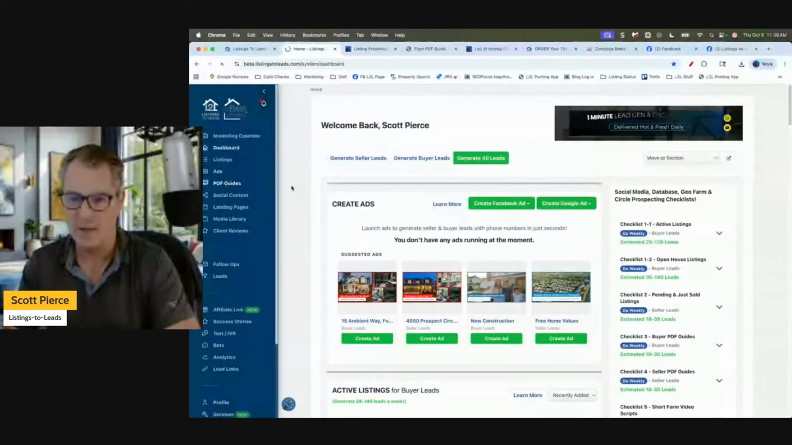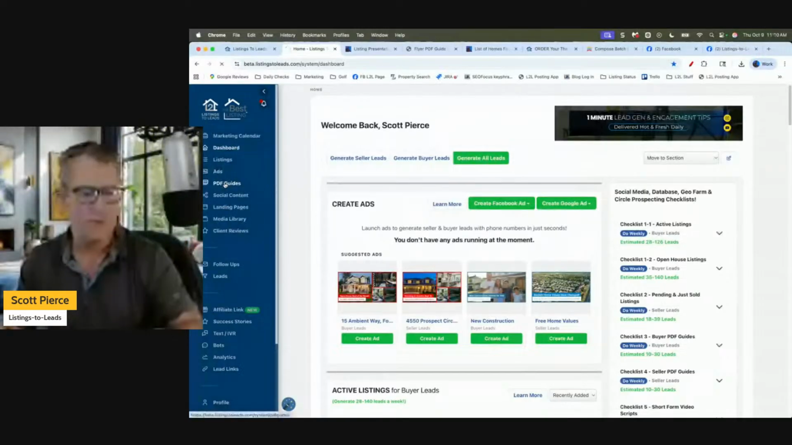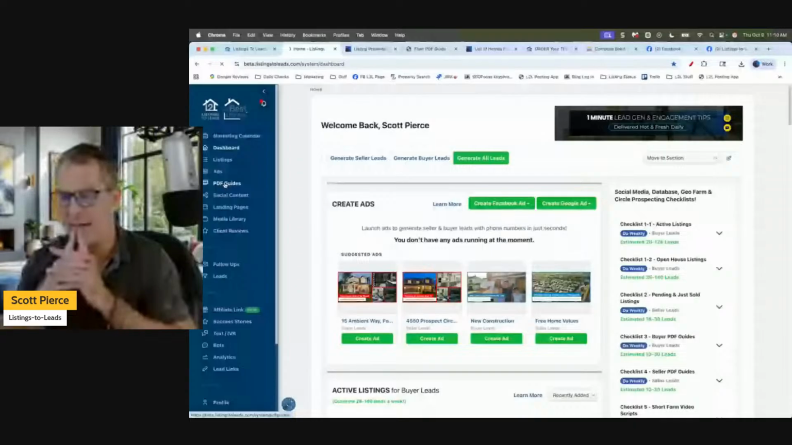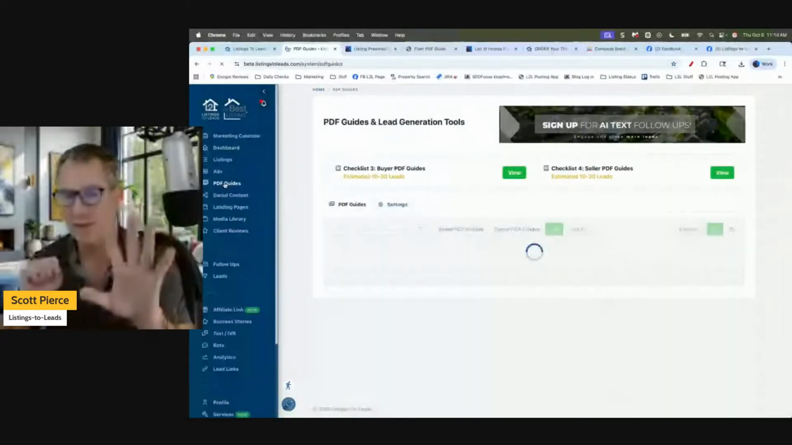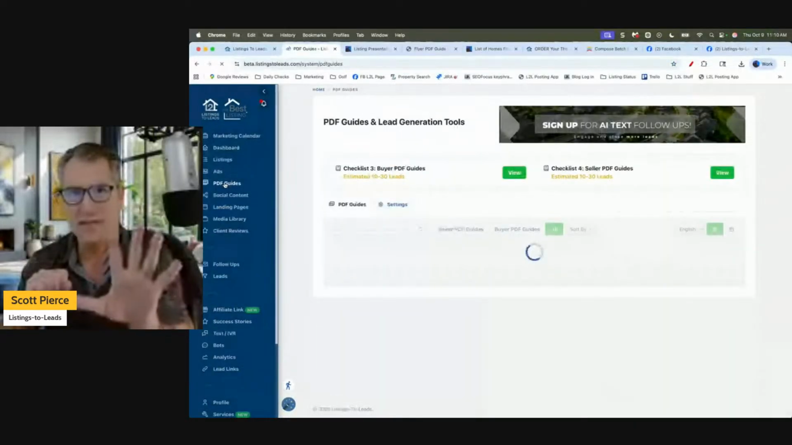So there's a tab here called PDF guides. Now, and I got to do a better job of this. There's a couple of use cases for the guides that you may not be aware of. One,